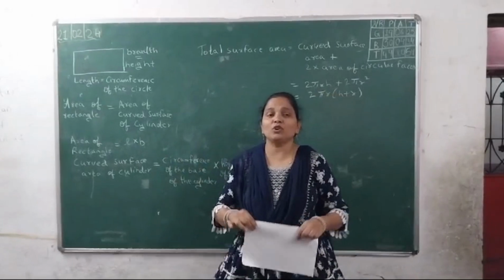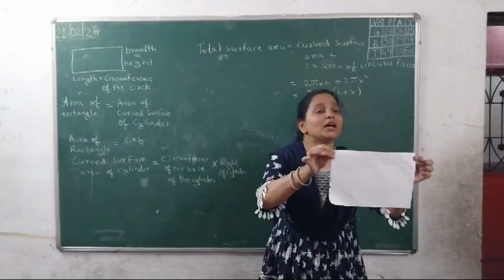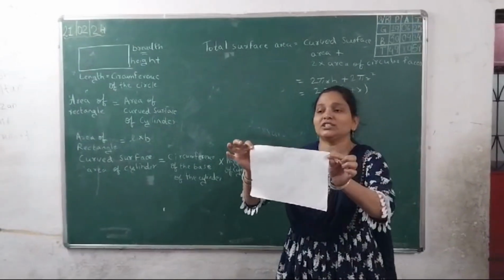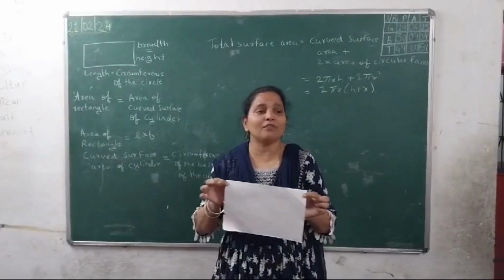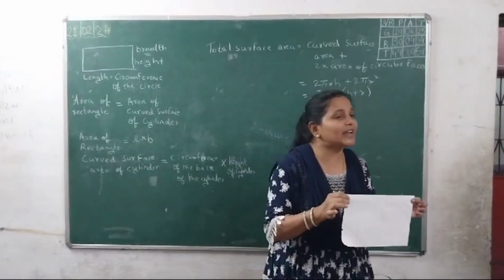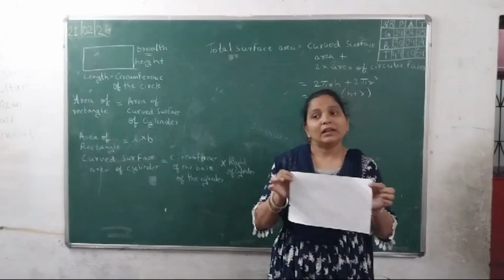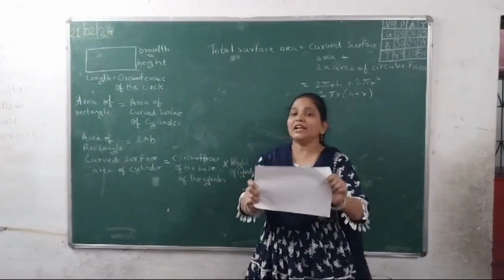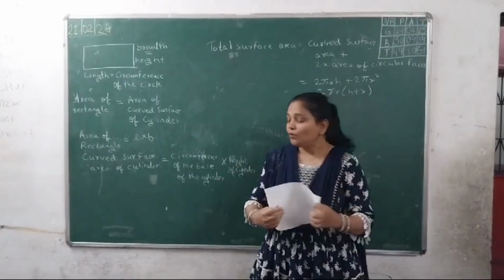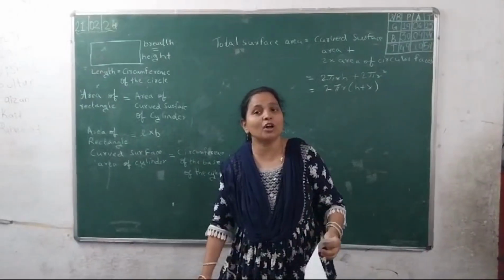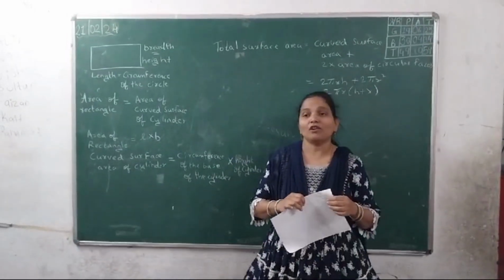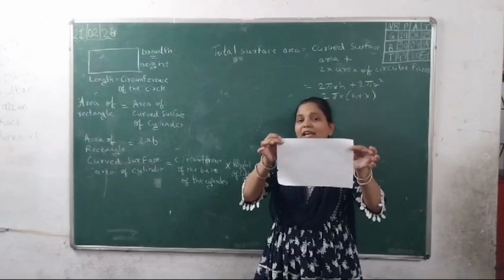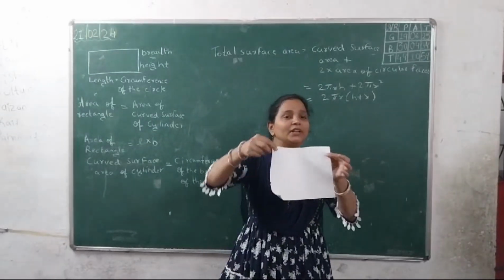As we know, this is a rectangular shape, and we know the formula of a rectangle. What is the formula for the area of a rectangle? Now with the help of this rectangle only, we are going to derive the formula of the curved surface area of the cylinder. Now, if this rectangular paper, if I